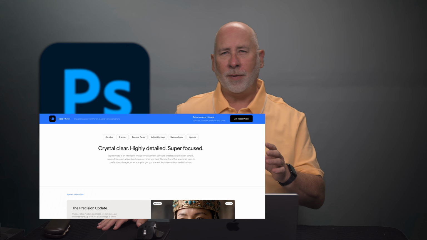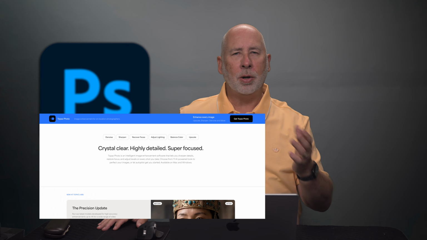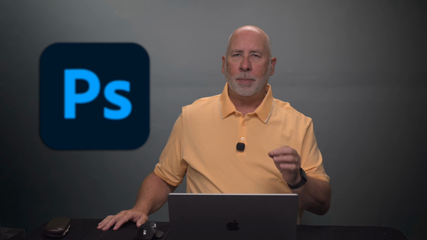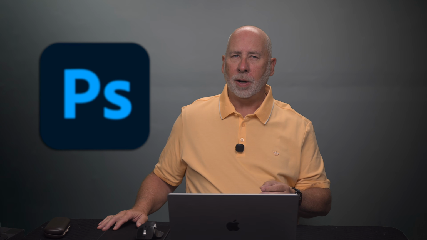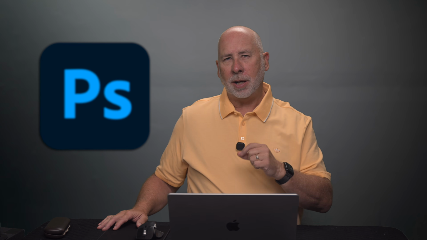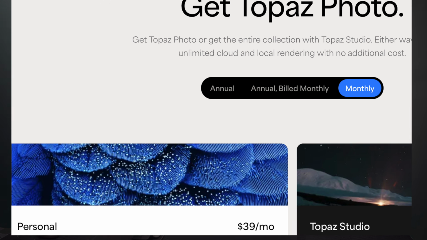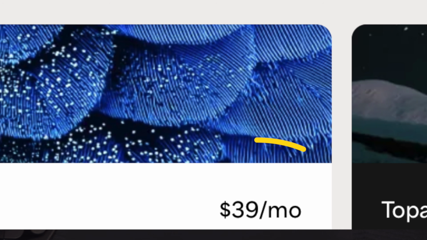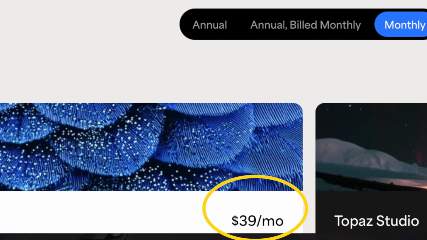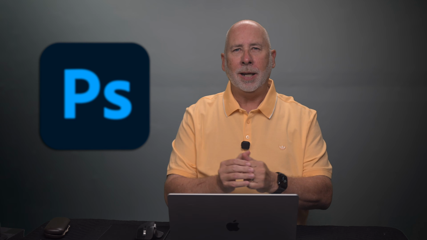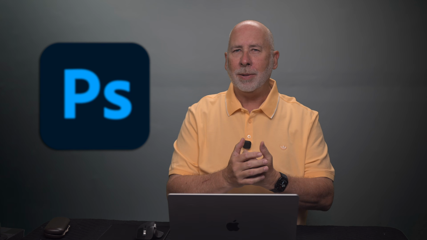In that video in Photoshop, I was using a program called Topaz AI Sharpening. I've had it for a long time. It works great, but it's a program that you have to pay extra for. In fact, I was just on their website, and now Topaz AI Sharpen isn't even sold as a standalone program. It's yet another monthly subscription. So today I'm going to show you some options inside of Photoshop where you can do sharpening on images without